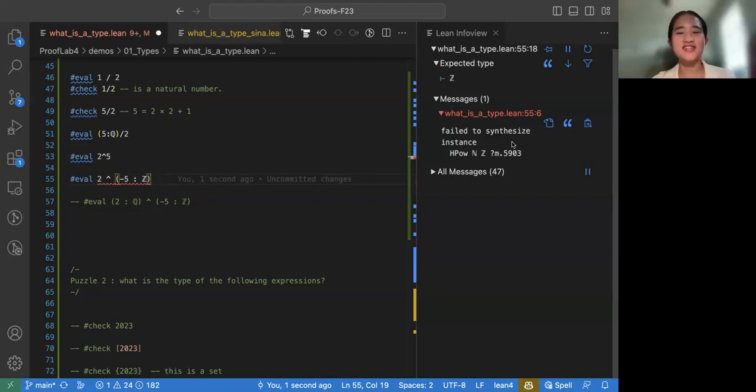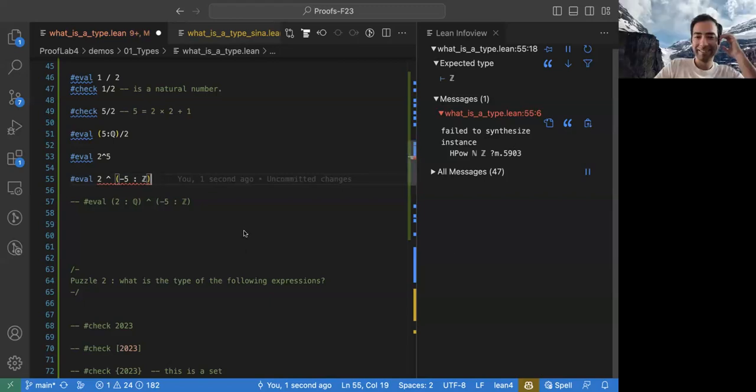Fail to synthesize instance. So these are beyond what we have learned, but essentially what it says is that Lean doesn't know how to exponentiate a natural number to an integer, because that instance of exponentiation has not been defined. But what if we write,